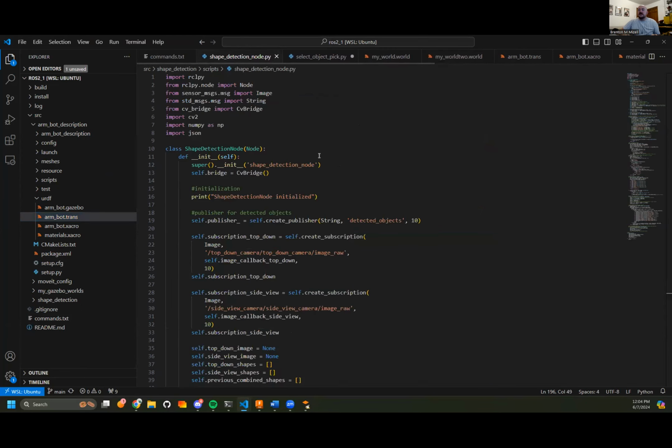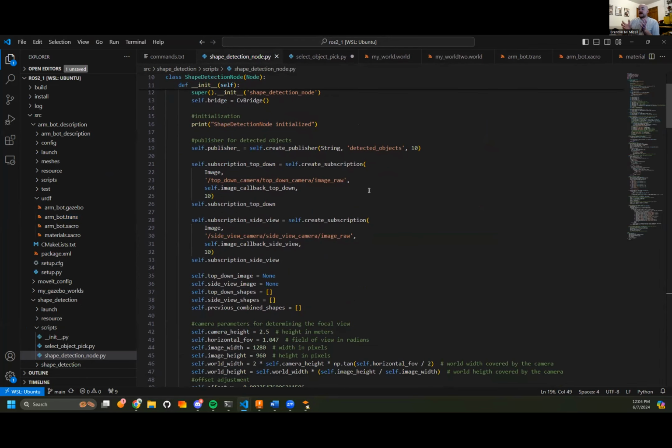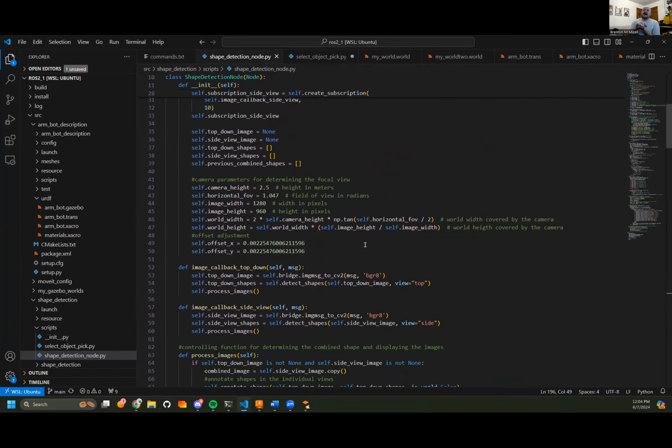So for the shape detection, we used CV tools, and we ended up having to use 2 cameras. The reason is that with one camera and the contour features that OpenCV has to detect images, it does very well for 2D shapes: circles, squares, triangles, rectangles. But unfortunately with 3D objects, especially things like a cylinder or a cube, which can look different based off of the angle that you turn it, you end up having very unreliable 3D shape recognition from just one camera,